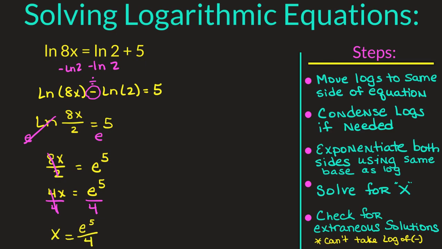At this point, we just need to throw this in the calculator and come up with an answer. If you can't remember what to do, you're going to want to press second and then the little division symbol. These are both buttons on your calculator. The little e that you're looking for is located right above that division, so hitting second and then the division will give you that e. Then you can just raise it to the 5th power and then divide by 4. To give us our approximation, x is going to be approximately